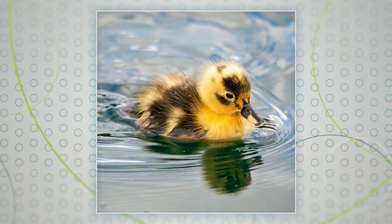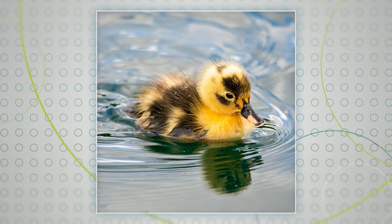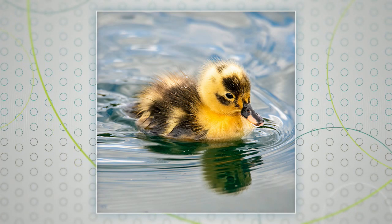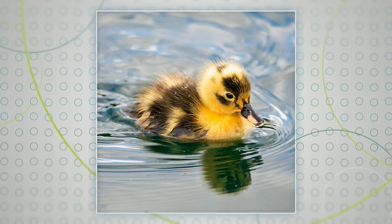Let's talk about the different kinds of baby birds and how they actually develop. Precocial birds. What category is that? We've got two big words with our baby birds today: precocial birds and altricial birds. If you think about the word precocious, and you think about baby humans who can do algebra in kindergarten, they're a little more advanced. Precocial birds are like that little duckling we just saw on the screen,